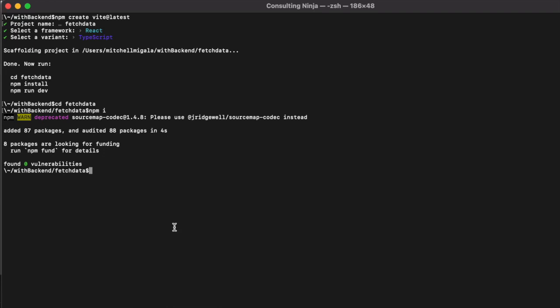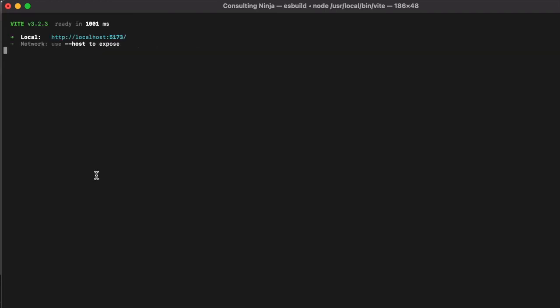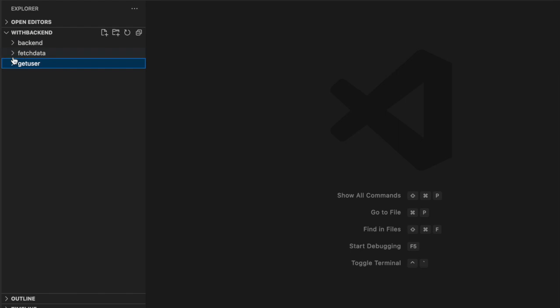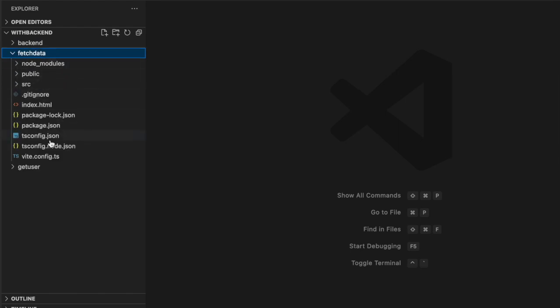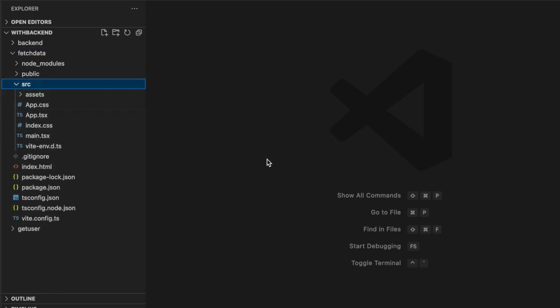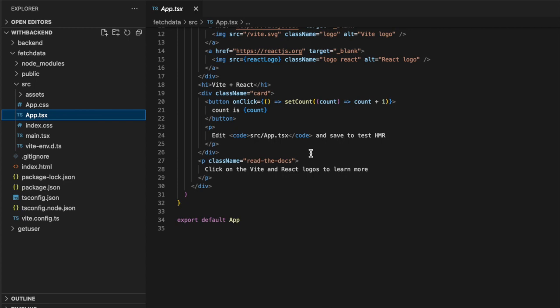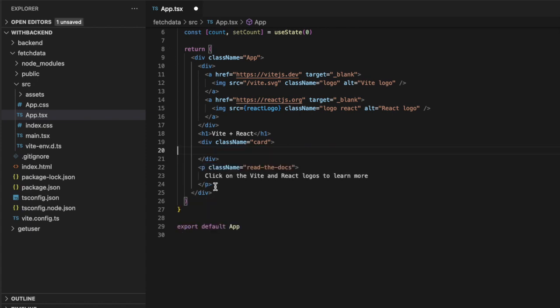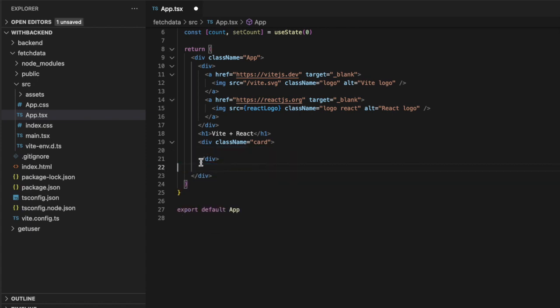Let's fire up our development server. You can type npm run dev or just type Vite, since that's what it's doing under the hood. And inside of our source code, let's just start chopping this thing up. So inside of this fetch data project, let's open up our app. We are not going to need anything except for, let's leave the card, delete the paragraph in the bottom here, and we'll delete all of